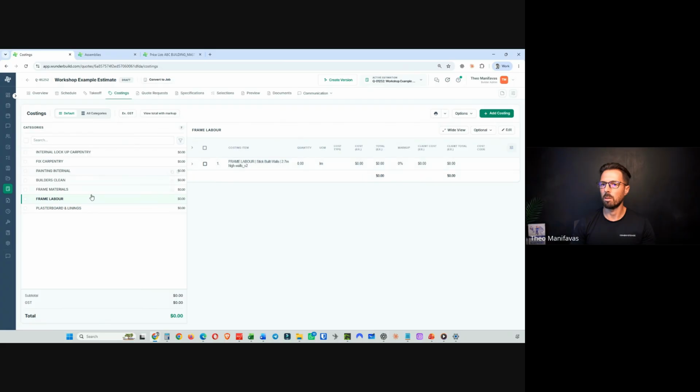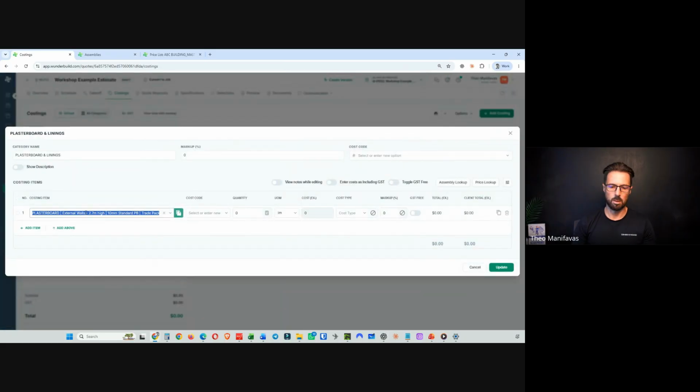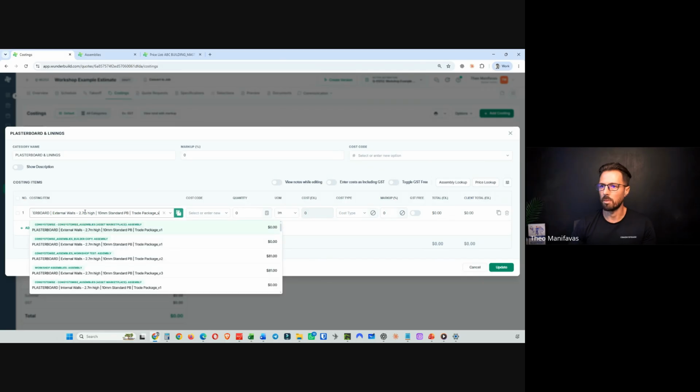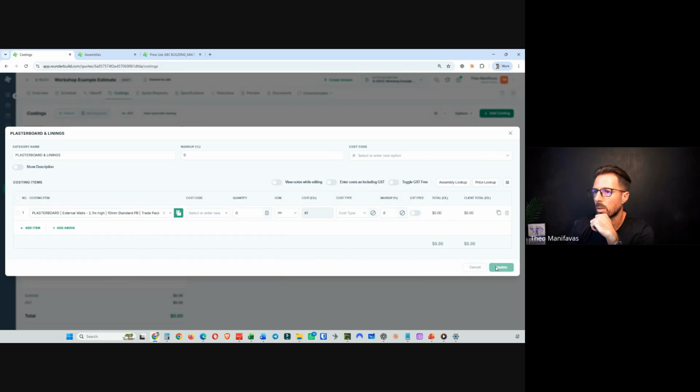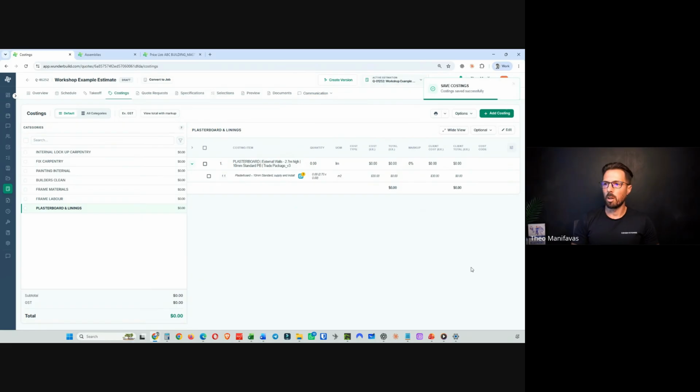Plasterboard aligning, go, edit. And then we're just going to find that version 3. There it is there. All right, so a bit of a long way there, but at least you saw how they're added in the